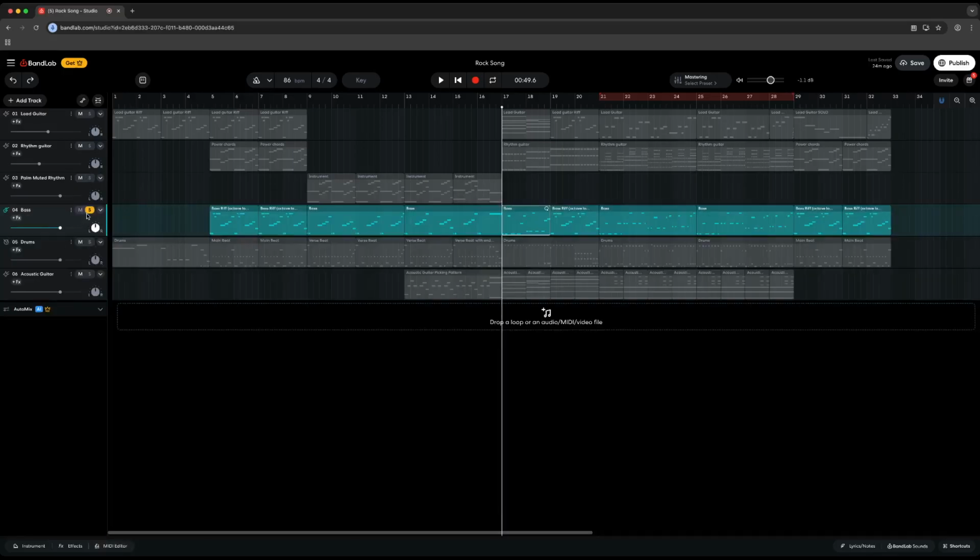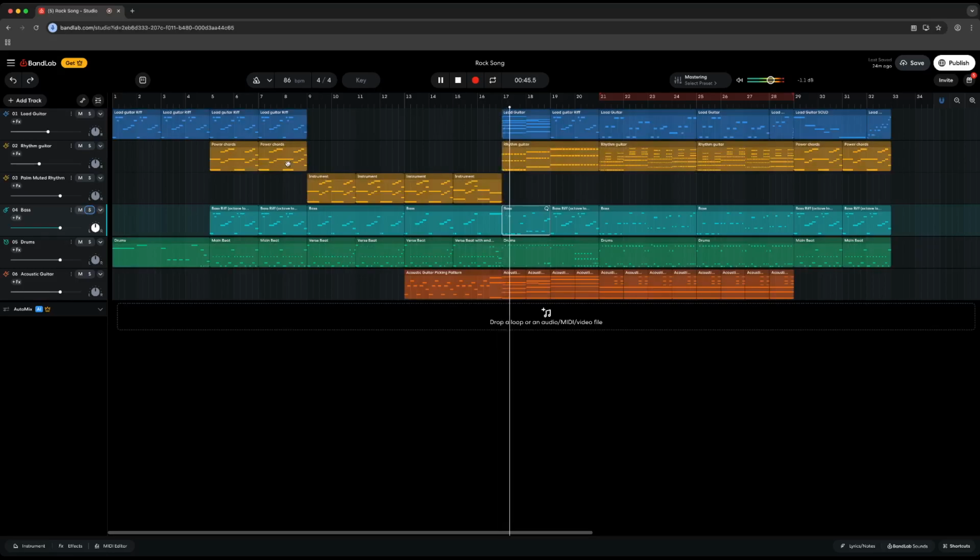So let's hear this section. This is my pre-chorus. And I took the drums, and this is a cool thing to do. I made the drums what we call half time here. So where they were playing